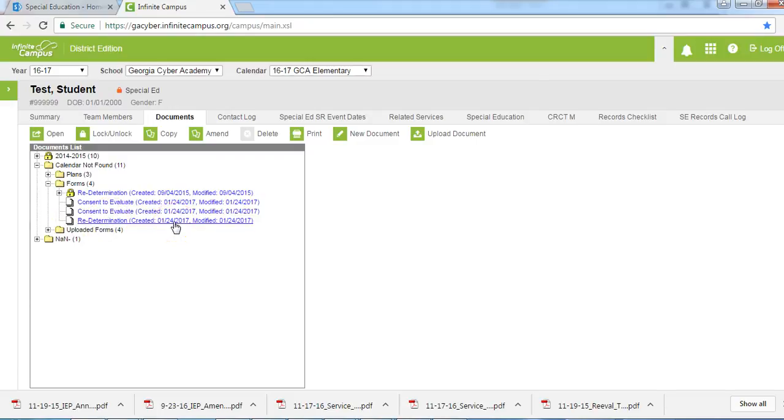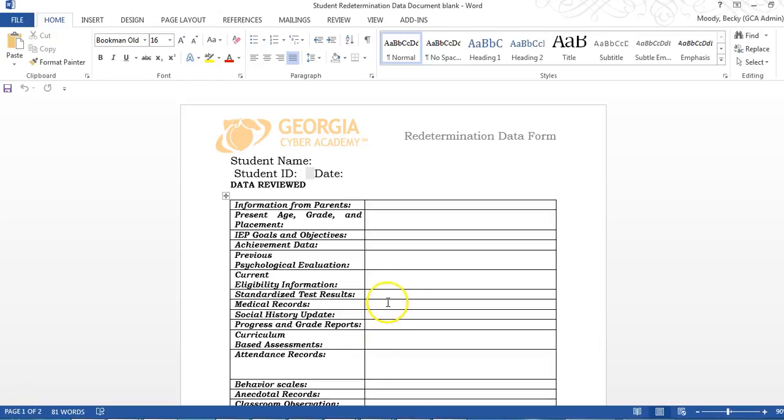So when you need to pull that up during the actual redeterm meeting, you can just click on that and make your necessary information notes. So I had mentioned the redeterm form document. This is the document here and what it looks like. And this is located on the eligibility redeterm tab in the special education resources notebook in SharePoint as well,